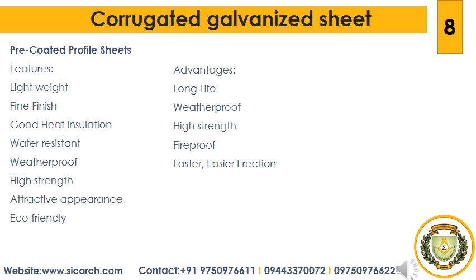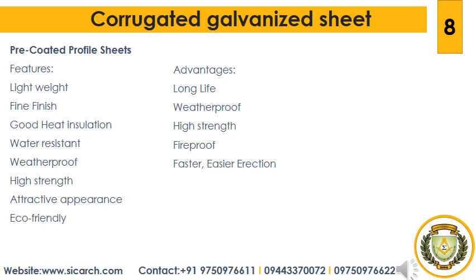So the next is fireproof. Manufactured only from those materials which follow ANSFIRE standards. So the next is acoustics. Its significant construction provides excellent acoustic features and thus it is used as a cladding for large halls. So the last one is faster and easier erection. This is due to the requirement of few fasteners, which helps for faster erection time.